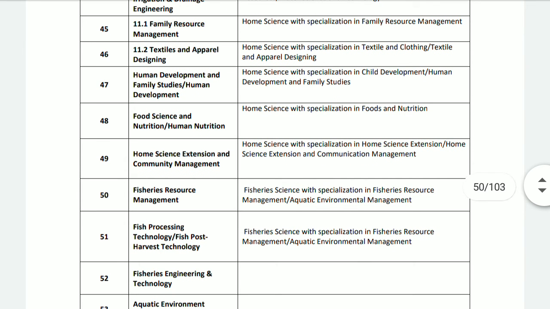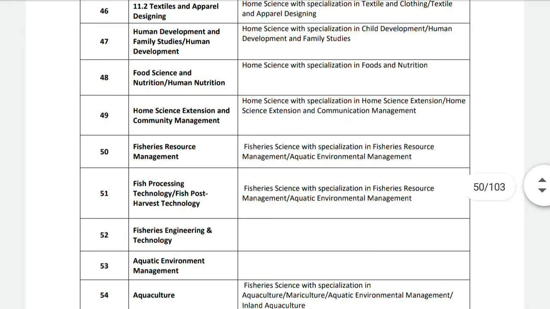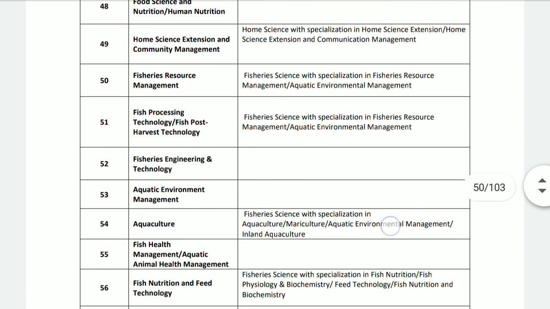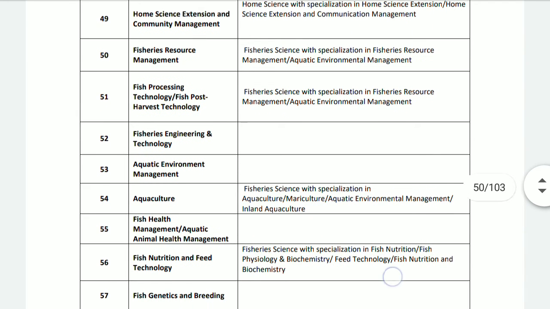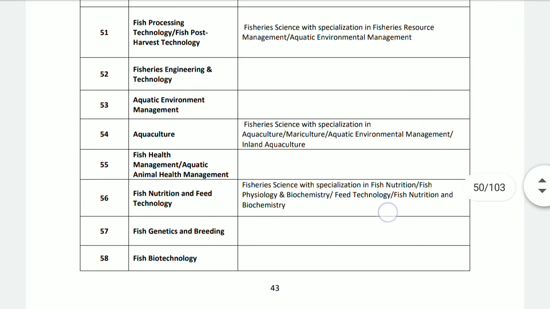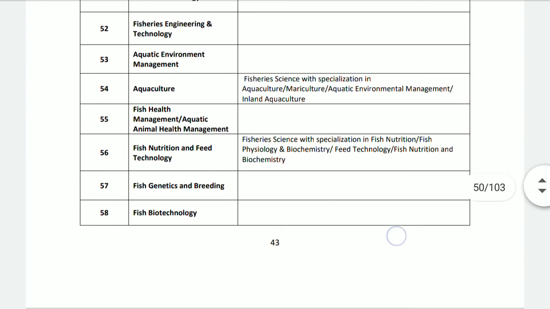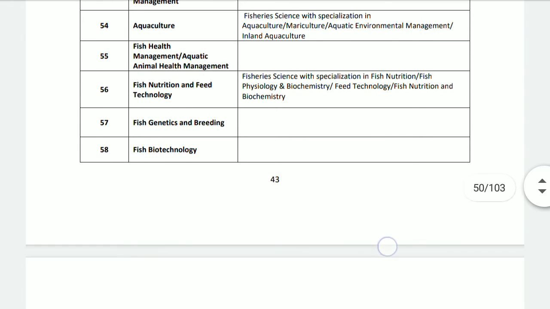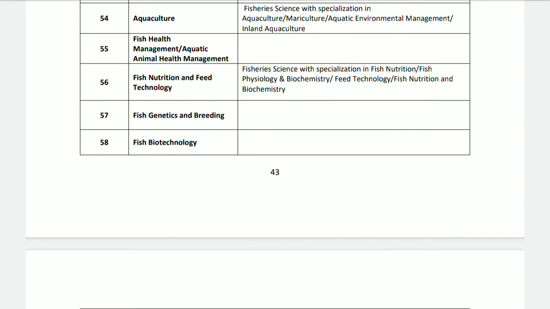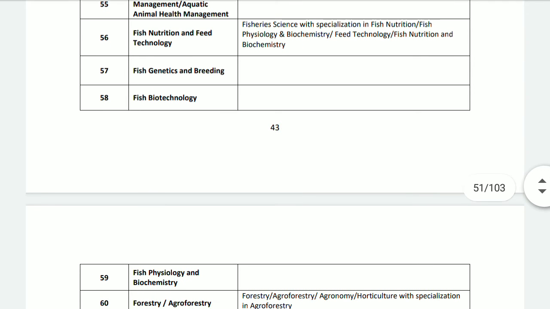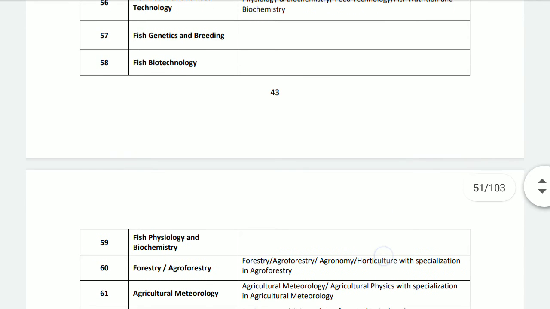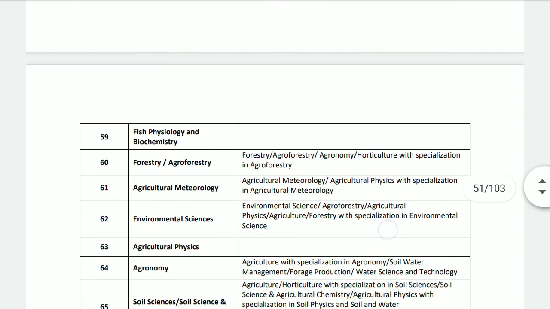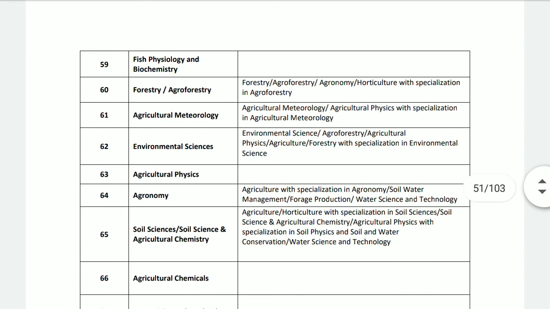human development, family studies, human development, food science and nutrition, human nutrition, home science extension and community management, fisheries resources management, fish processing technology, fish post harvest technology, fisheries engineering technology, aquatic environment management, aquaculture, fish health management, aquatic animal health management, fish nutrition and feed technology, fish genetics and breeding, fish biotechnology, fish physiology and biochemistry, forestry, agroforestry, agricultural